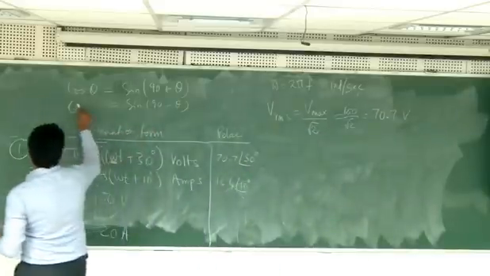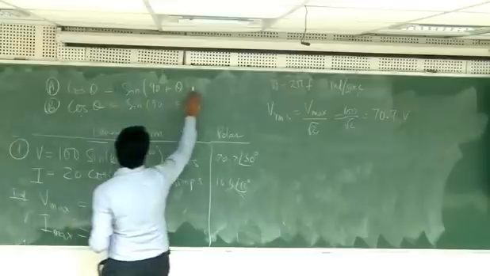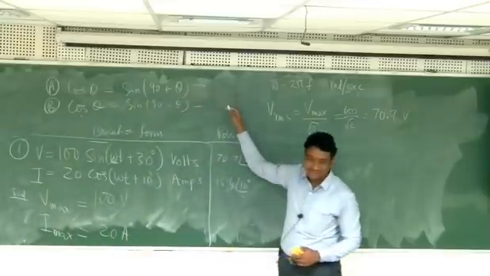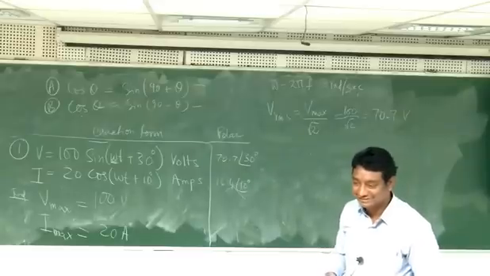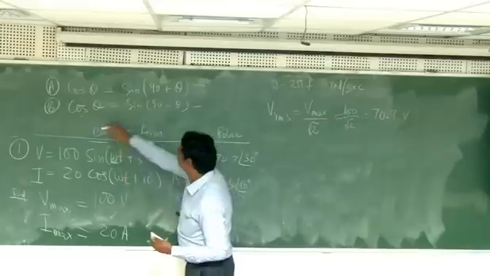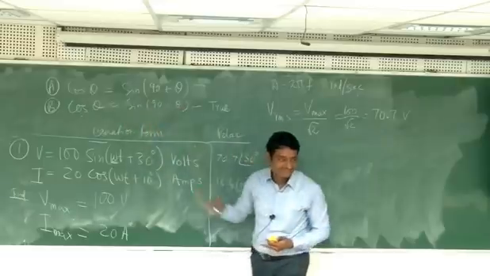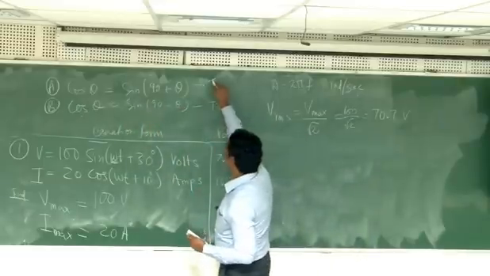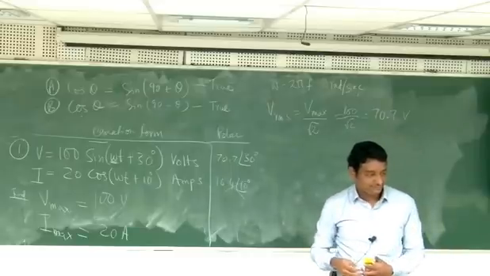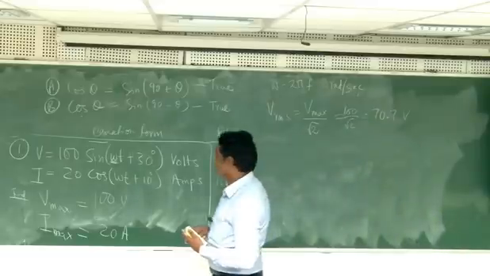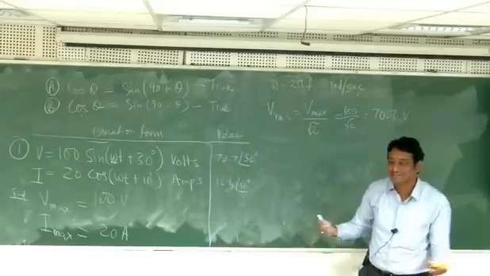Now statement A and statement B, true or false? Is A true or B true, or both are true or both are false? Cos theta is sine 90 minus theta is true. Cos theta is sine 90 plus theta is also true. Both are true. Does it depend on the sign of theta, or does it not depend on the sign of theta?